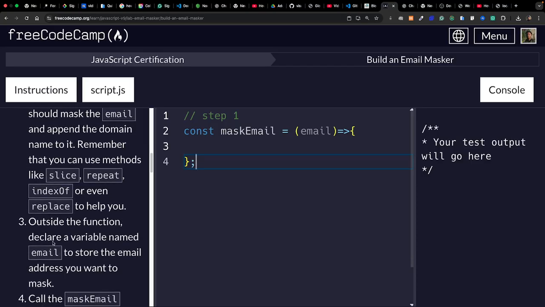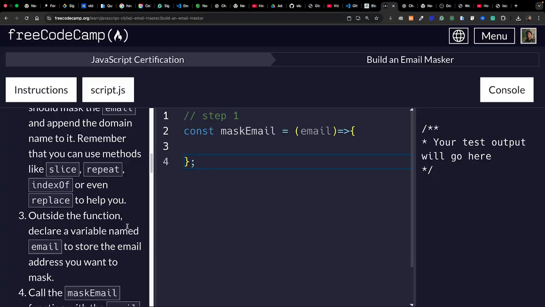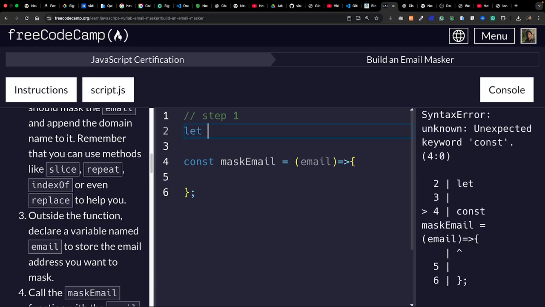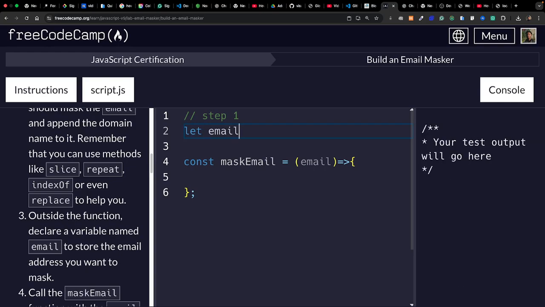Outside the function, declare a variable named email to store the email address you want to mask. Okay, so let me do this. So I'm gonna say let email. I'm gonna declare it with let since it might change any time. So let email equal to my email